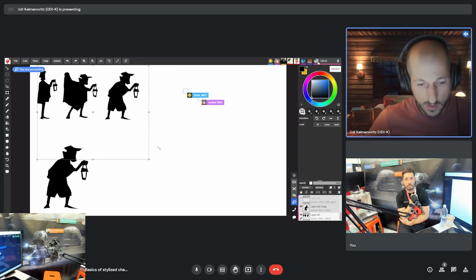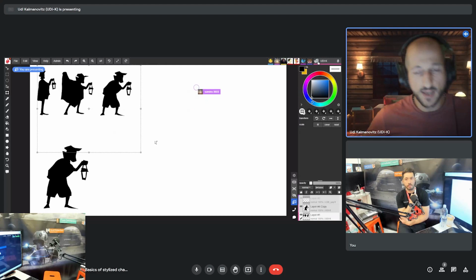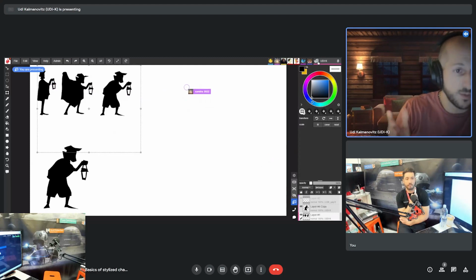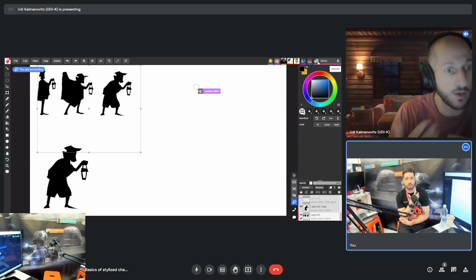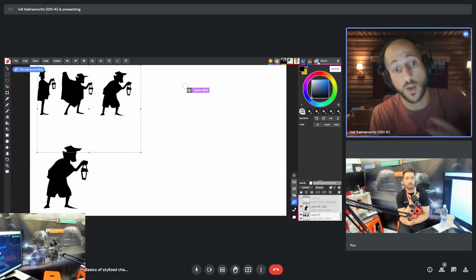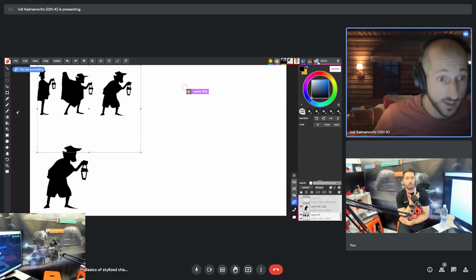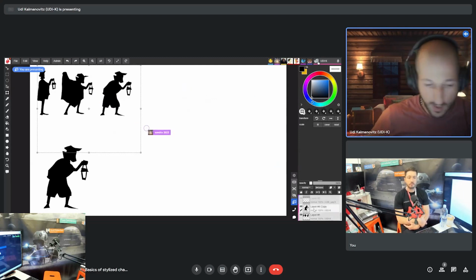Okay, so usually when I tackle a new character, you see, it's very, very fast. I'm usually doing 6, 7, sometimes 10 different silhouettes. It depends on how it's developing and how much I like the silhouettes and the result I'm getting. But I'm usually creating a lot of silhouettes, and then I pick my favorite silhouette. So right now, so I won't waste more time, what I will do